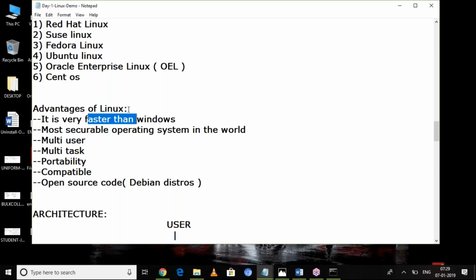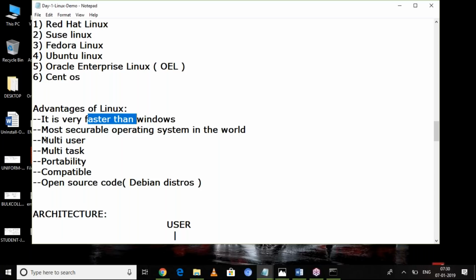But with Linux, what is the advantage? I can follow different patches for security, you can follow different patches, and some other person can follow different patches. There is no standard way to follow the security. Even if anybody hacks one Linux operating system, there is no guarantee of hacking another Linux operating system, because there are different security levels. That's why people say Linux is the most secure operating system in the world.